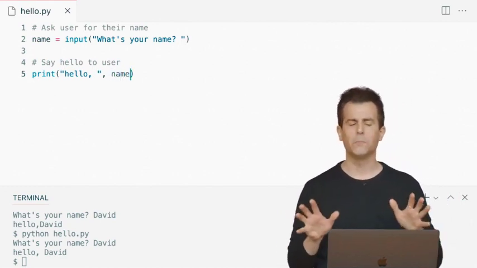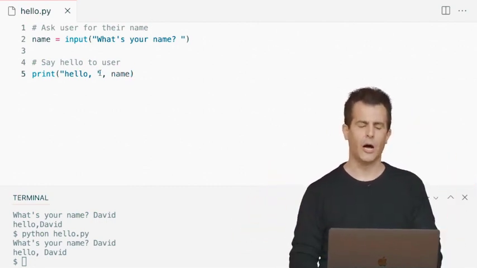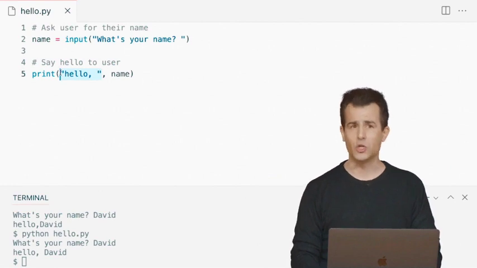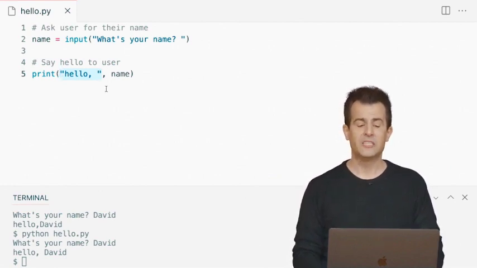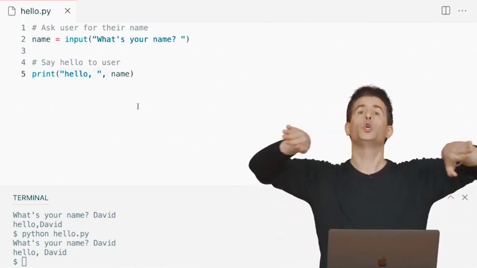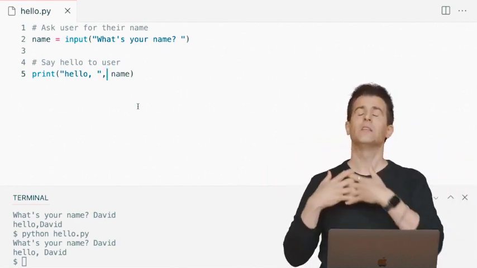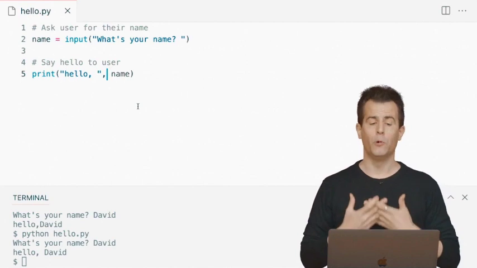And this is a little confusing potentially at first glance, because now I've got 2 commas, but it's important to note that the first comma is inside of my quotation marks, which is simply an English grammatical thing. The second comma here is outside of the quotes, but between what are now 2 separate arguments to print. The first argument is hello, comma, space. The second argument is the name variable itself.